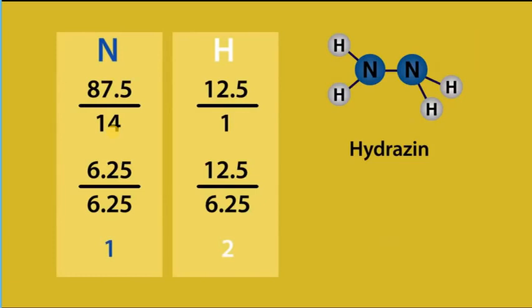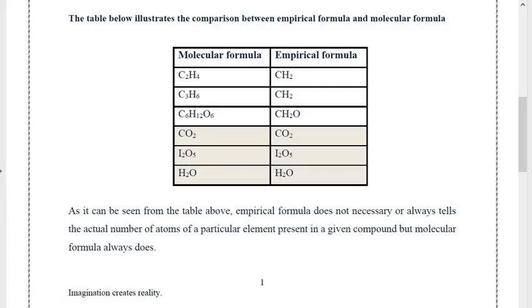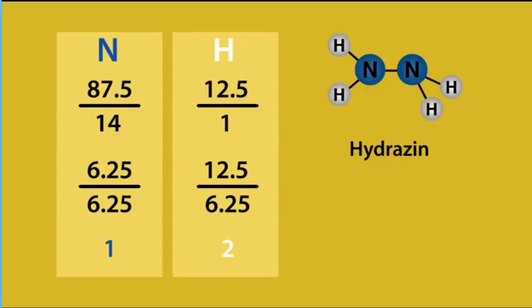Observe that in this particular case, you have just been given the empirical formula of hydrazine. You have not seen the structure. Right now you might be thinking, why are they telling us this, because I already know that hydrazine has 2 nitrogens and 4 hydrogens. We are saying that if you are given a table with only empirical formulas and no molecular formulas, you should be in a position to say what the